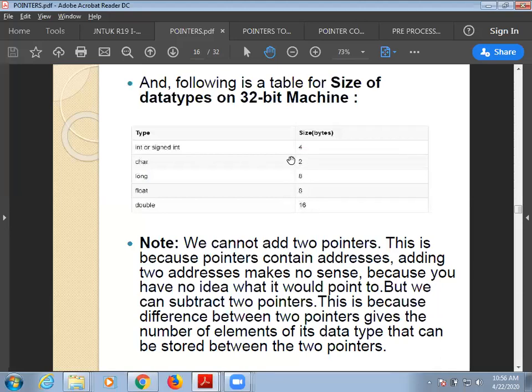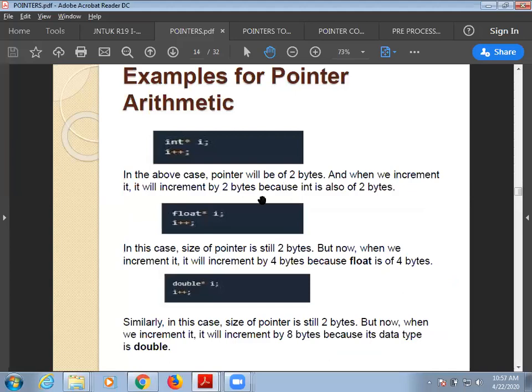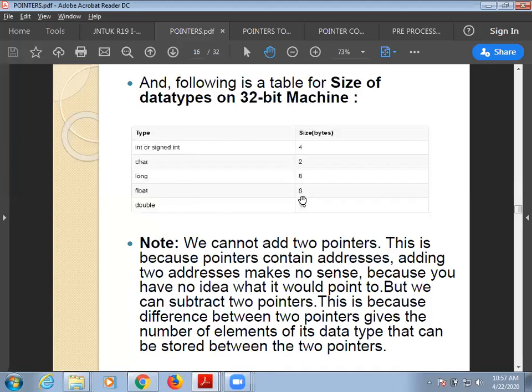If I'm having an integer pointer, it will be incrementing by 4. If I'm having a long pointer, it will be incrementing by 8. If I'm having a float pointer, it will be incrementing by 32 bytes. So currently most of the machines will be 32-bit machines, so these numbers will be valid now. Okay, if you are using a 16-bit machine, older things, your integer will be 2 bytes, it will be incrementing by 2. Since most of the current machines are 32-bit machines, it will be incrementing by 4, and the address will be 4 bytes in size.